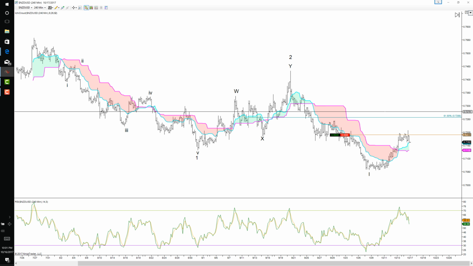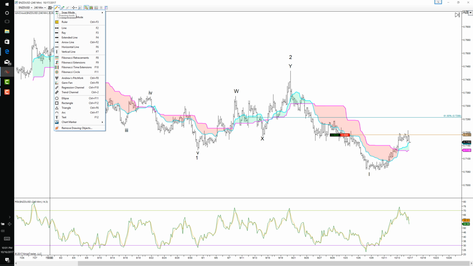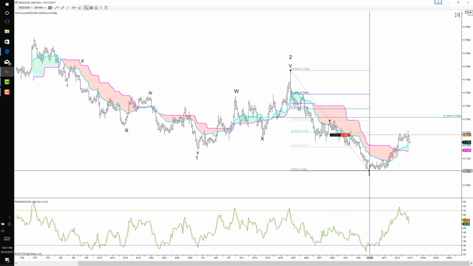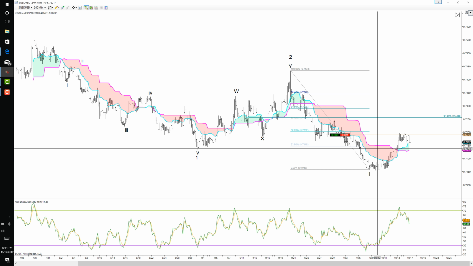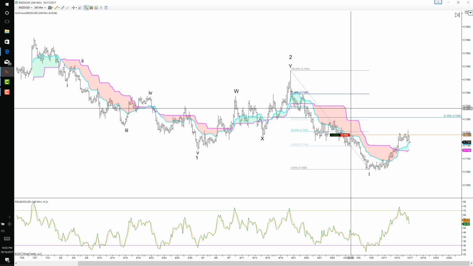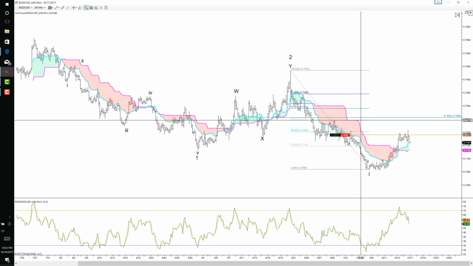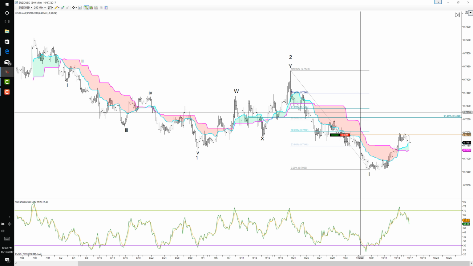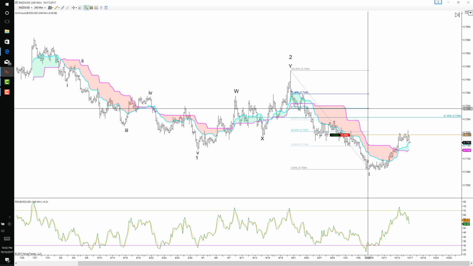73.00. Now, even if you did a Fibonacci retracement from the top to the bottom, you will still see that 0.618 of the previous leg is right near the Ichimoku resistance line. So that 72.91, 73.00 level, somewhere between 72.50 and 72.90. In this particular area is where price is most likely to find its critical resistance, and it will be a